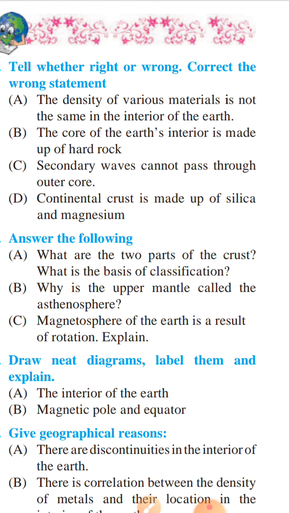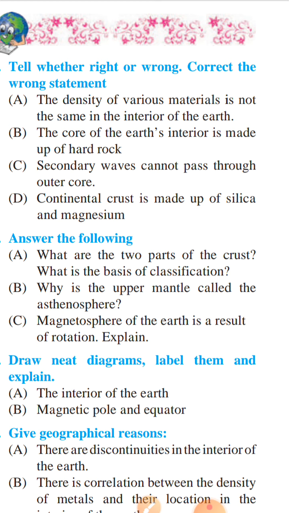Third point will come. The Earth's rotation gives them the circular motion, and hot liquid starts flowing in the upward direction. Many such currents are formed in the outer core of the earth. These spiral currents formed because of the rotation of the earth are together called geodynamo. This is the answer of this question. Clear, students?